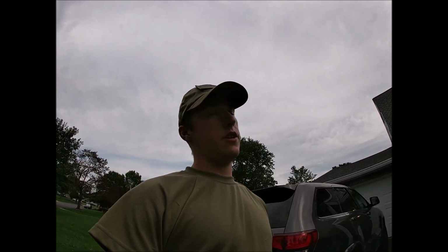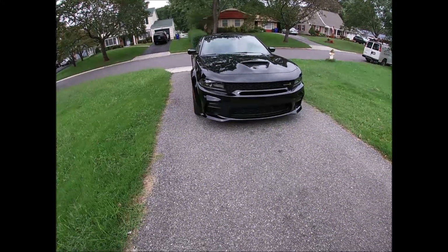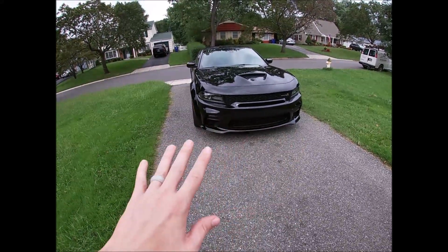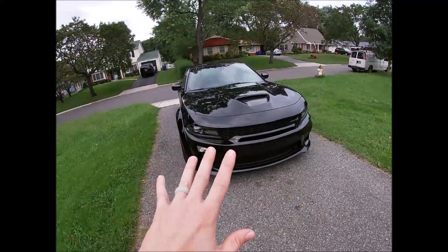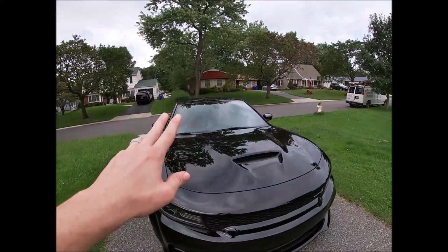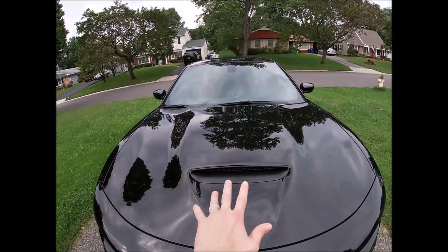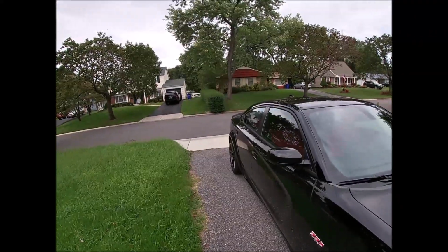Let's talk about the exterior of the car. It's a wide body. So what does the wide body mean? Well, the wide body basically means that you get everything the Hellcat gets, because this whole body here is the exact same as the Hellcat, minus a couple things. A couple things will of course be the extra vents here in the hood on each side of the intake here, and of course it will be the